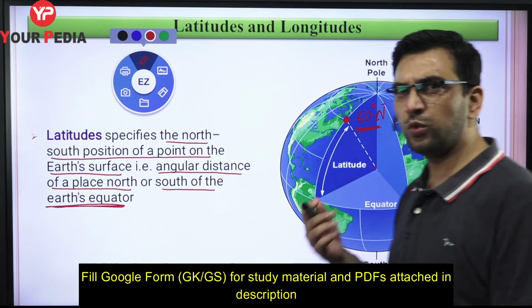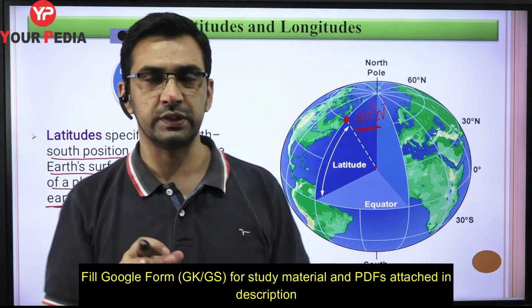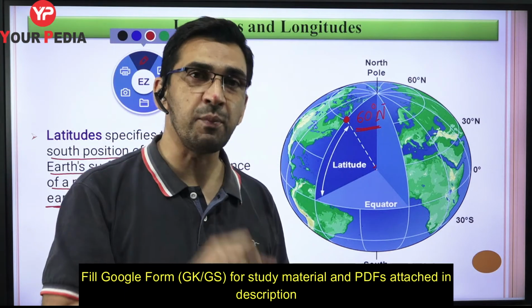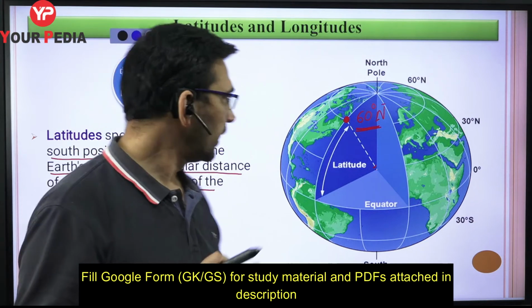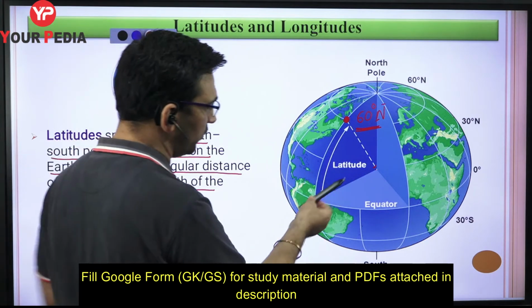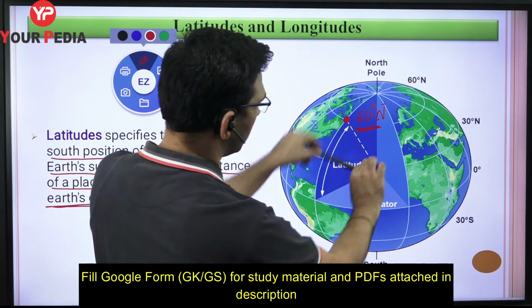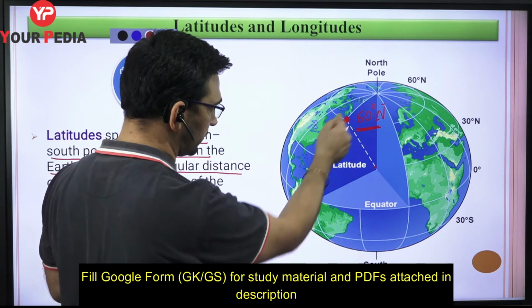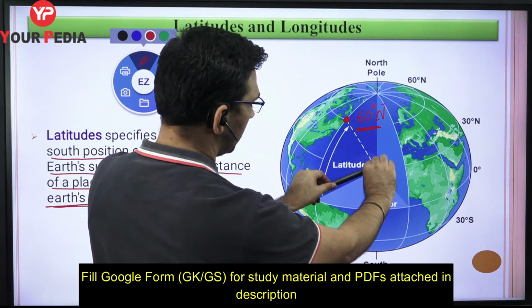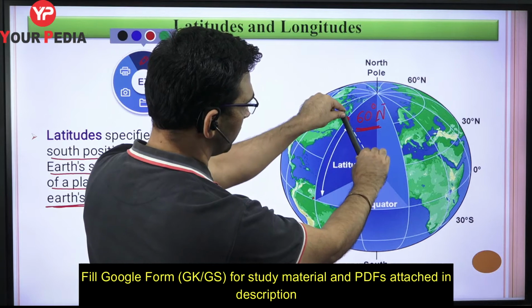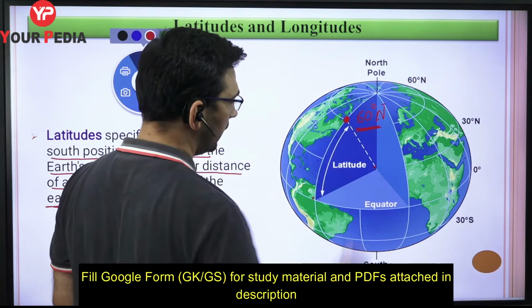So that way you could have any number of points on the surface of the earth at the same angular position. As we said, I moved from the center of the earth this way, and that means I'm taking the position of a point on the surface of the earth, taking the angle exactly from the center of the earth. So I'm coming to this point over here, that is 60 degree north.